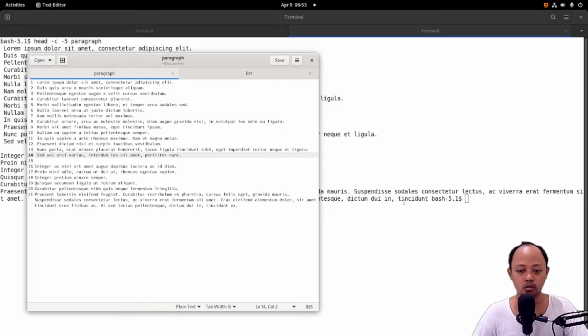So the last character is this word. This is the last character printed by the head command with this option. We will count the last characters. 1, 2, 3, 4. With this option, the head command will not print the last 5 characters.